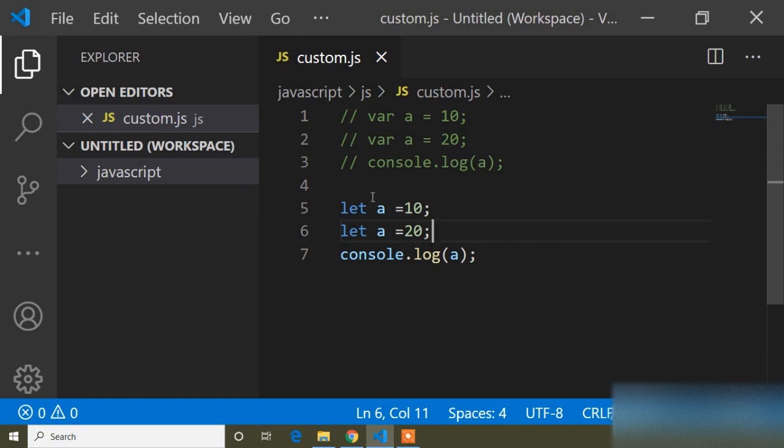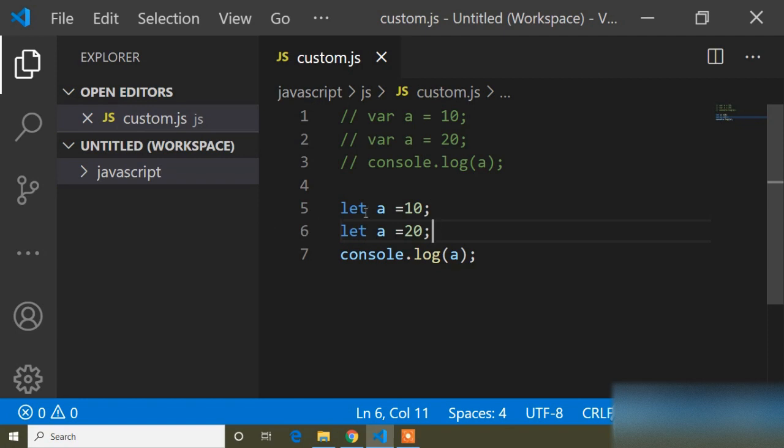When we declare const, we declare a global variable, and in the next tutorial we will learn what a global variable is, and let is a block level element. So when we write any loop, for loop, or if, then we write let variables. So this is clear. I think this is clear now.